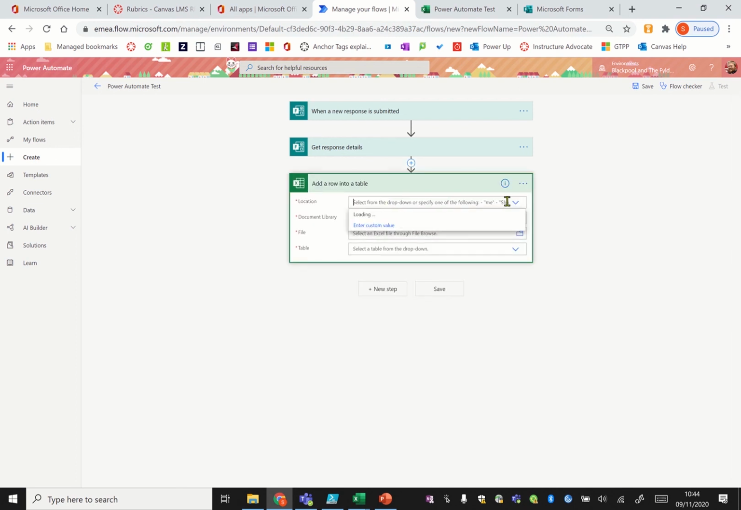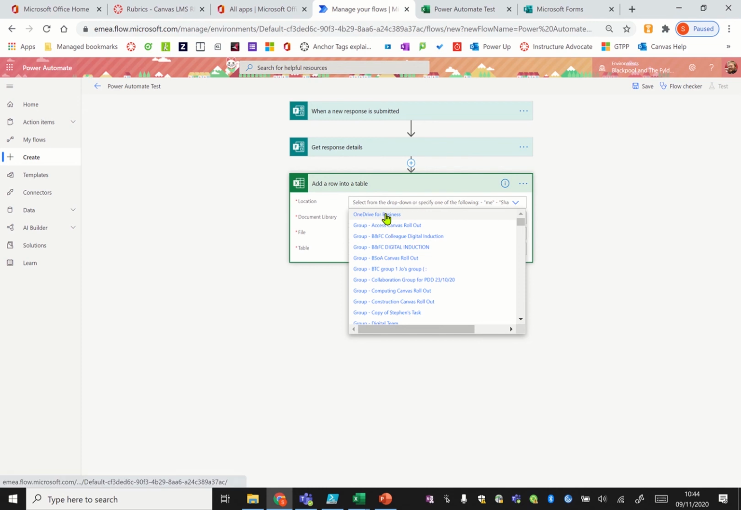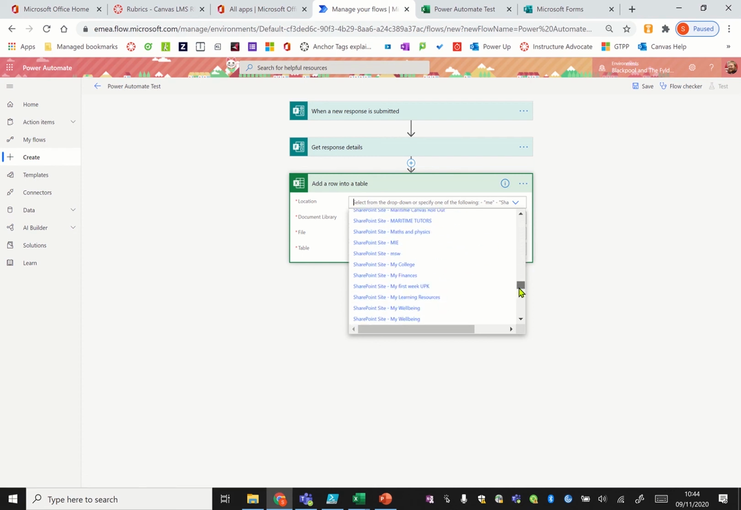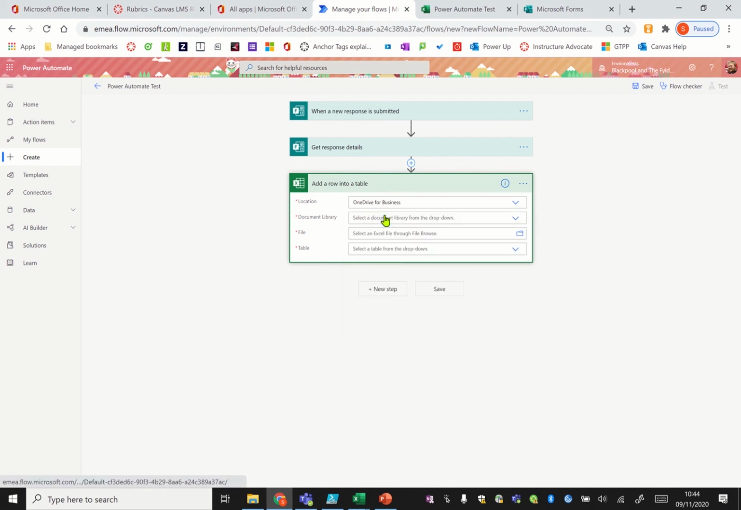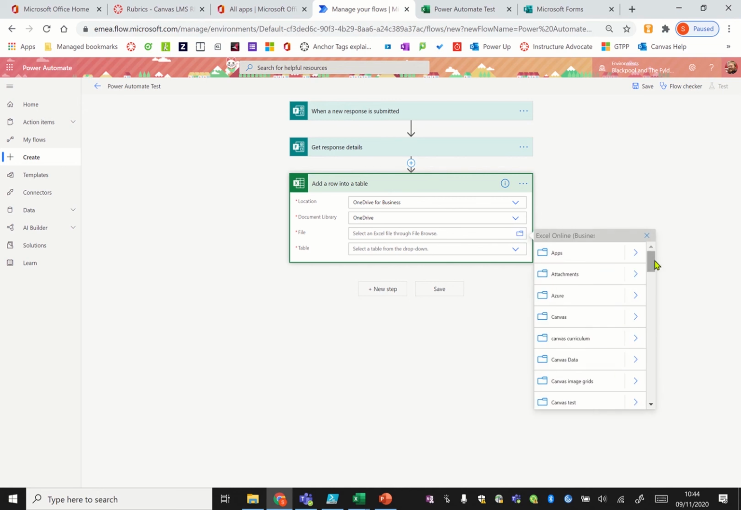Now, our location, it's going to bring a drop down for us. Now, I've saved this in my OneDrive, so it's going to be OneDrive for Business. If you've saved it in a team, you'll have to find the team in this thing here. So it'll actually be in SharePoint site because that's where it saves them. Let's go OneDrive for Business. Then the document library, again, because it's on OneDrive for me, it's going to be OneDrive. If you were going into a team, it would give you the option of general and then the various different channels that you have. The file, we click this little folder icon here and it lets us browse through the